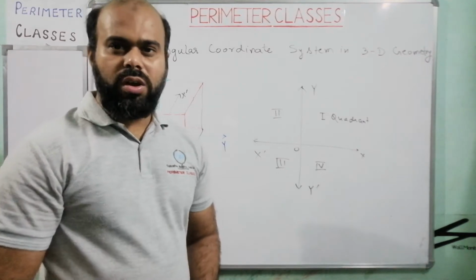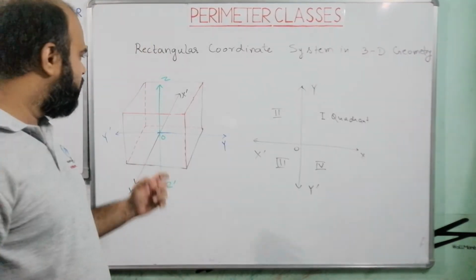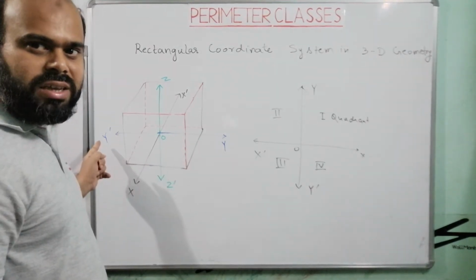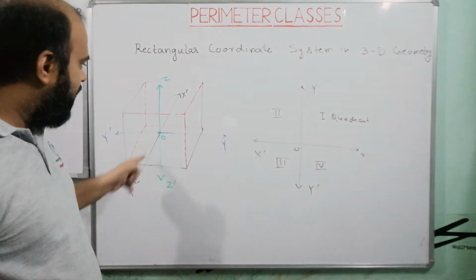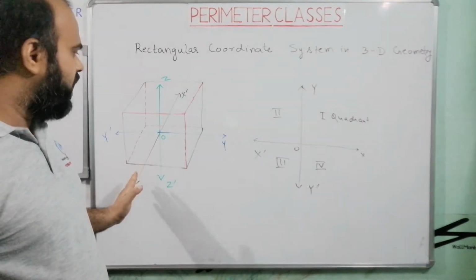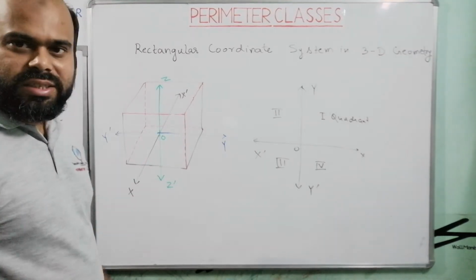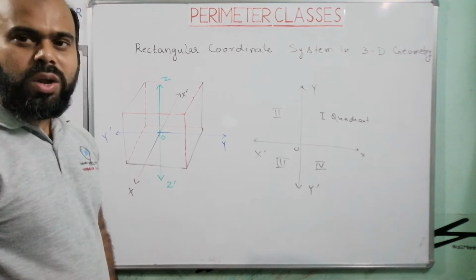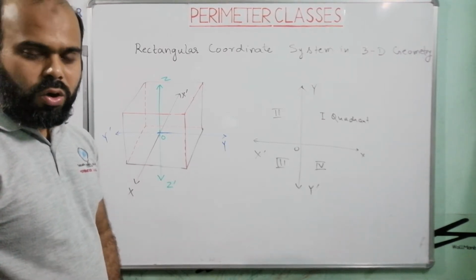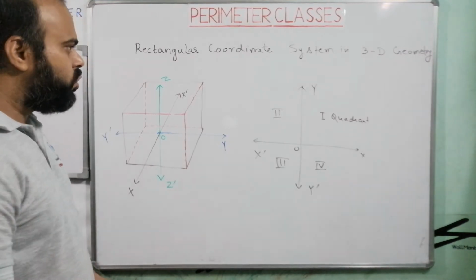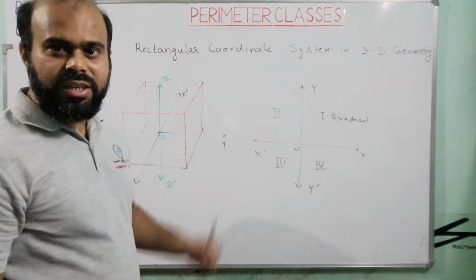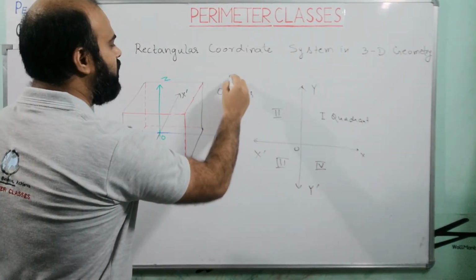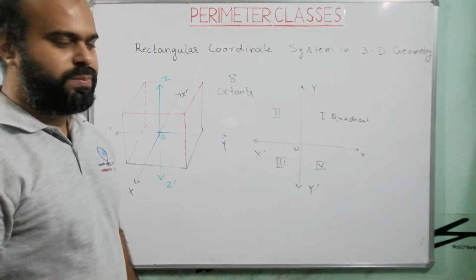So if we draw a figure in which I am taking this line as the y-axis, this is positive y, this is negative y, y dash, and this black line is the x-axis, x dash, and this green line is the z-axis, z dash. So overall the space is being divided into 8 regions which are called octants. There we study about quadrants, here we study about octants. So we have total 8 octants if we talk about three-dimensional space.